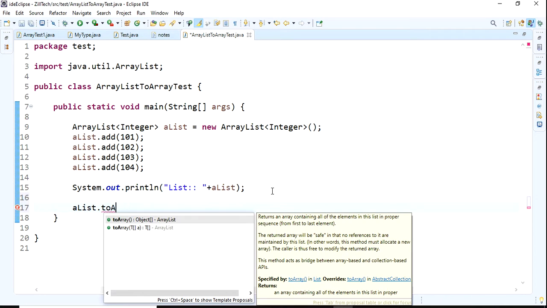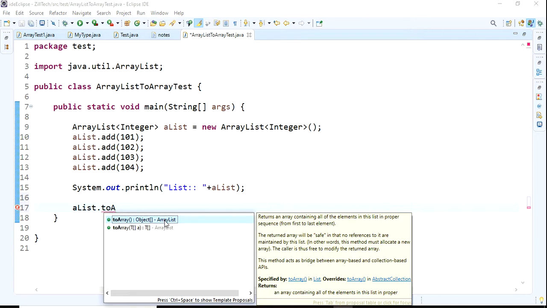Clearly you can see it. This is an object array, and this is a T, nothing but a type. Whatever type you want, you can mention it. Now I am taking toArray. It returns an array containing all the elements in the list in proper sequence from first to last.